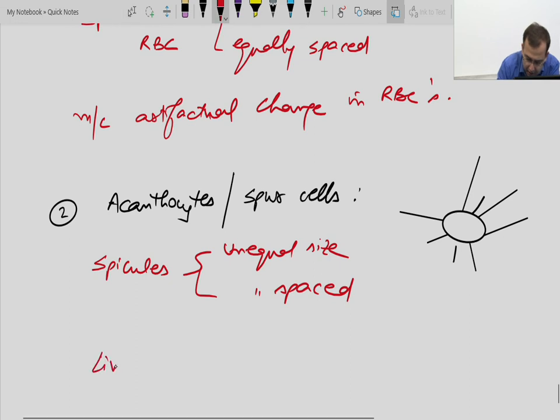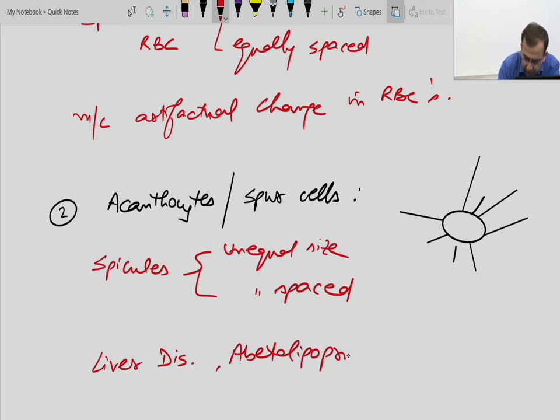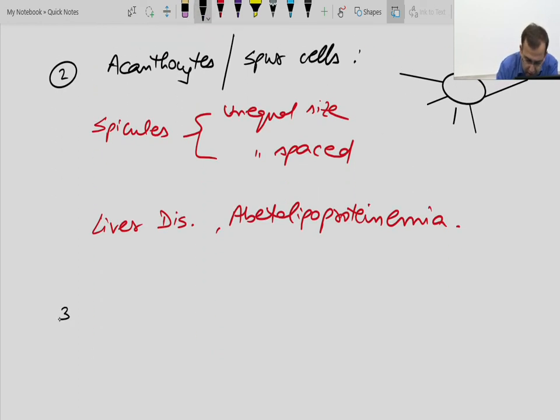These are seen in liver diseases and abetalipoproteinemia. Next is the presence of bite cells,